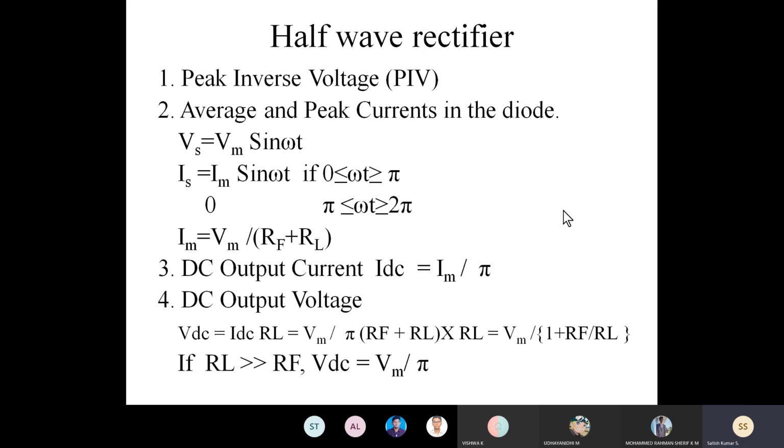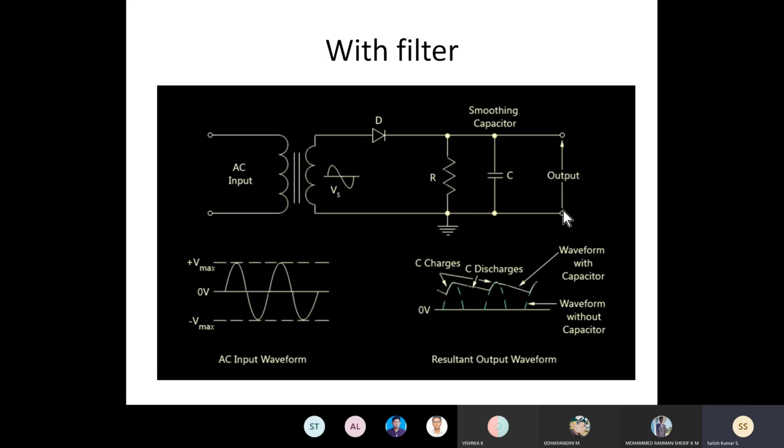From this half-wave rectifier, we are going to analyze its performance. The performance we are going to analyze means, I am going to analyze the performance of a half-wave rectifier. What is going to come? I am going to get the output, which is only the waveform. From this waveform, I am going to measure output voltage, output current, harmonic factor, efficiency, and also the rating of the transformer used in your circuit.